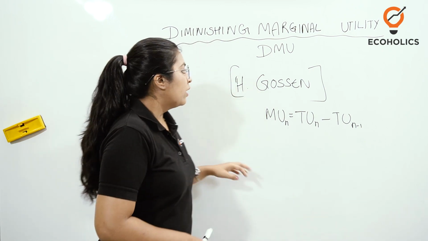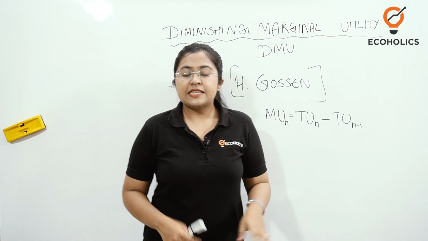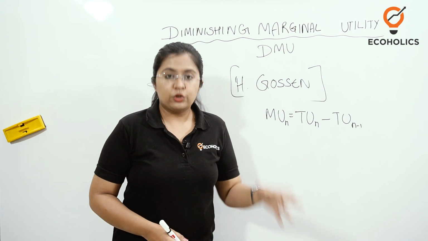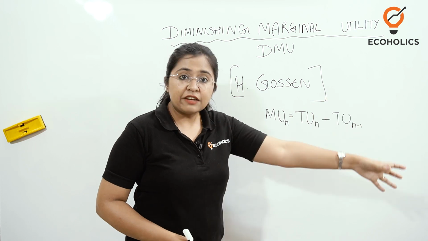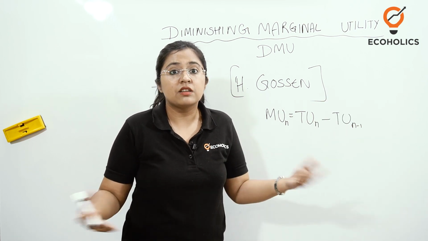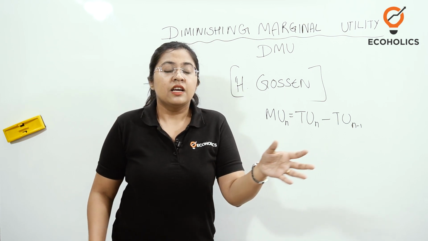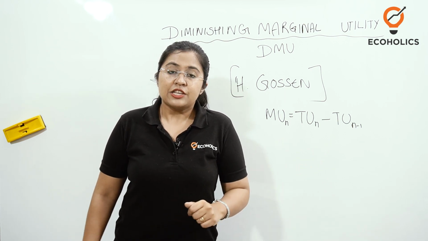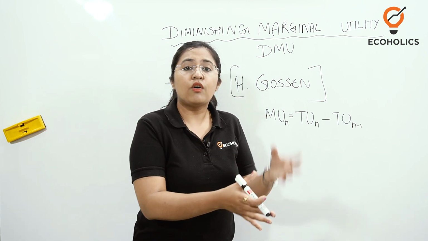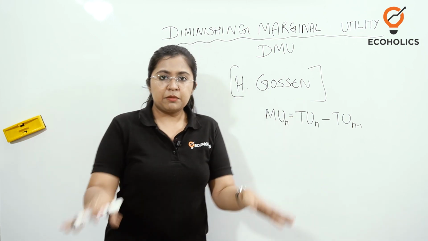Marginal utility basically is the addition made in the total utility, or the total satisfaction, that you gain from consuming a certain commodity, or certain units of that commodity. So it's like an addition when you have one more unit of that particular commodity. Let me give an example.